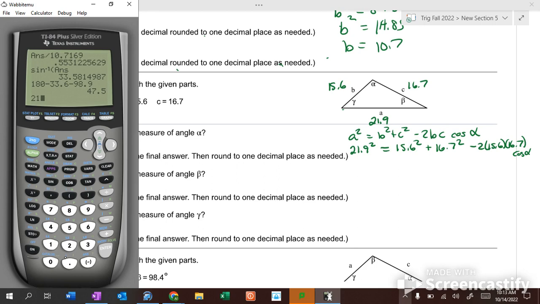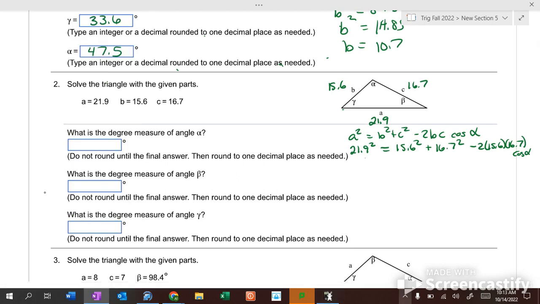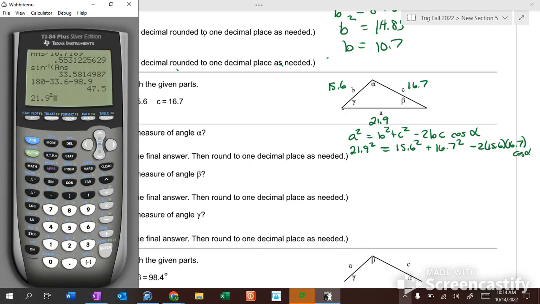So 21.9 squared is that. Now, can I just subtract 15.6 squared and 16.7 squared right off the bat here? Because if they're on this side and I square them and add them up, I'm going to eventually subtract them from 21.9, aren't I? So if I do it as one step right at the start, I go 21.9 squared